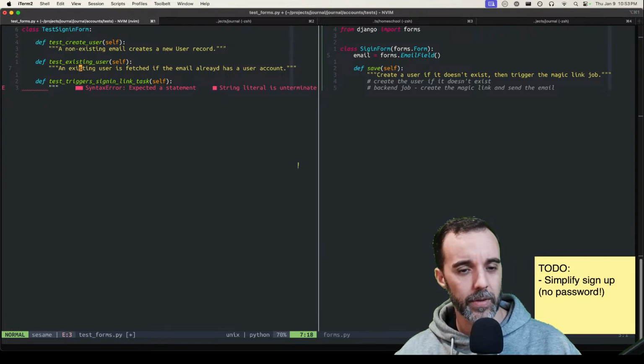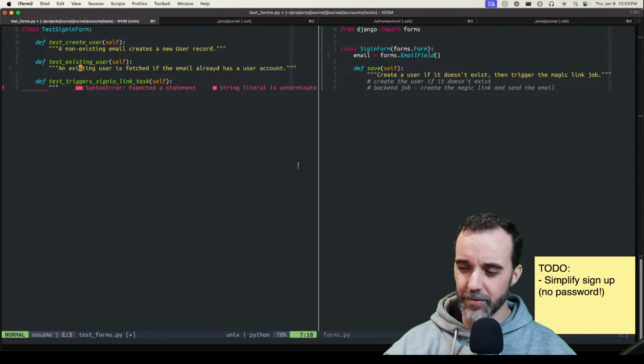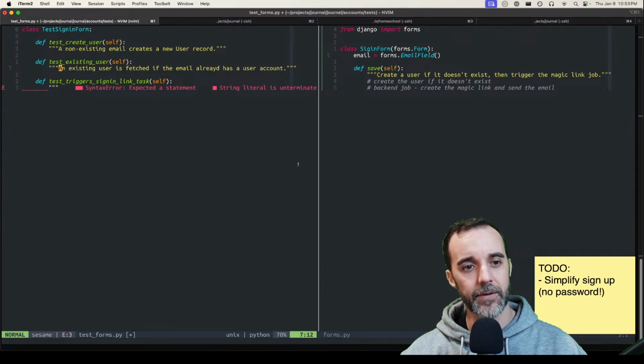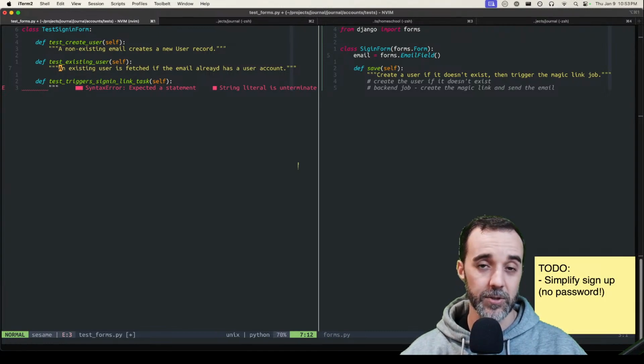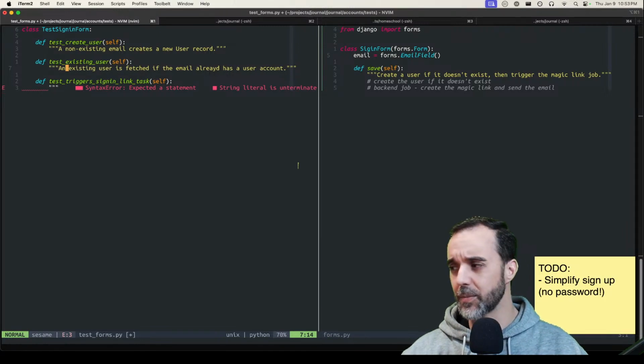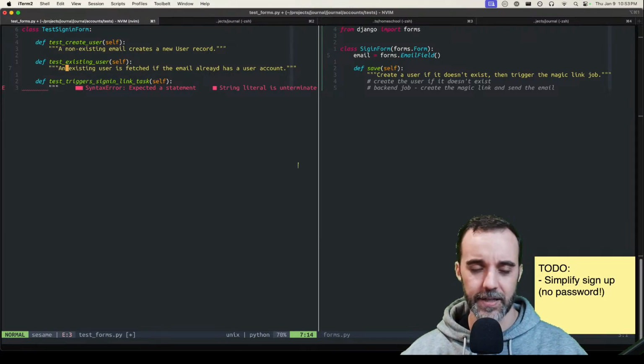I'm gonna reword. Like these doc strings, they don't seem that important, I guess. But when you're coming back to them later, you want to be able to very concisely see what this test is about. And sometimes the test name is enough, but I have found, as someone who has worked on apps solo for a long time, that these documentation strings actually become vitally important later on. When you're trying to figure out when something breaks or something weird happens, like, what were they trying to test here? So let's say